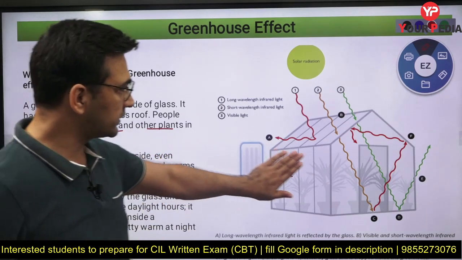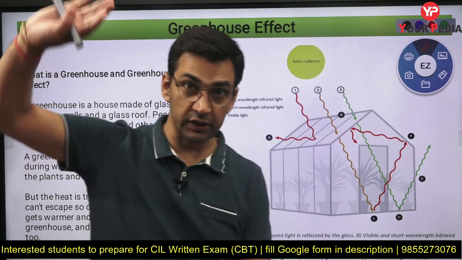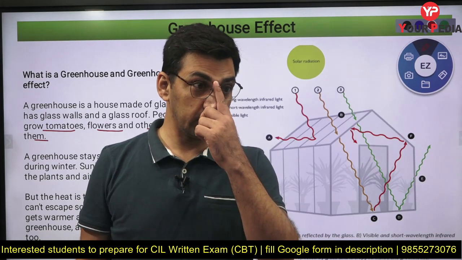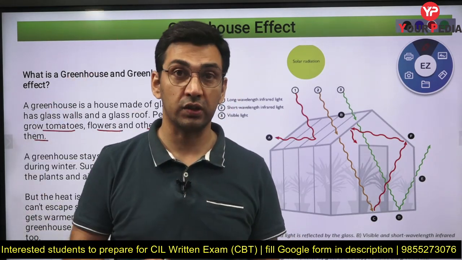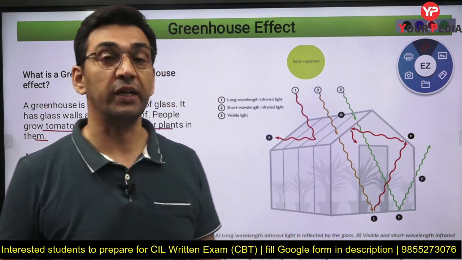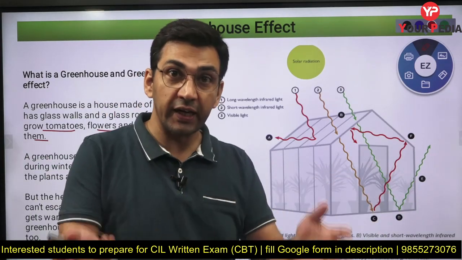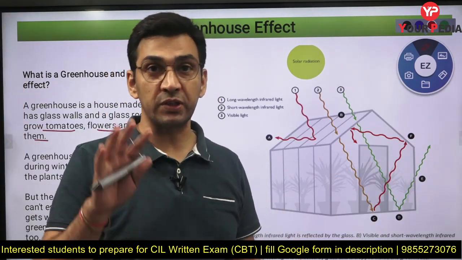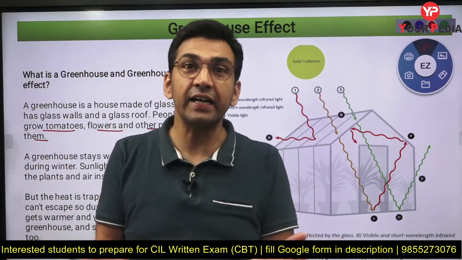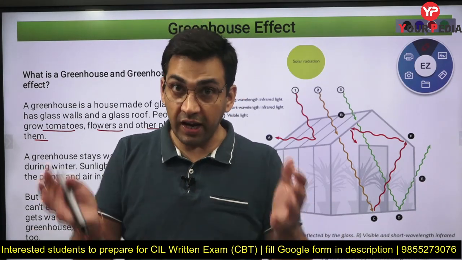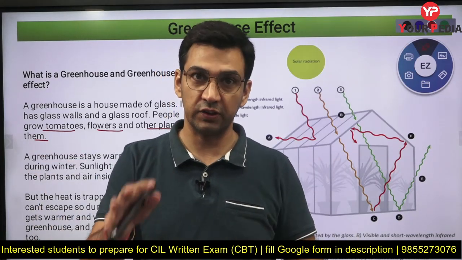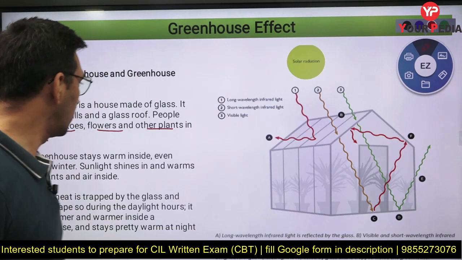Now as I told you, in hilly areas, or particularly those interiors where you have a harsh, cold climate, there is a lot of difference between day and night temperature. Temperature goes below -40, -50 also in some areas. Even if you get heat in the daytime, at night the temperature is so low that these plants cannot survive. So if you want them to survive, the heat that you have stored or trapped in the daytime may be utilized at night to keep the inside surface warm, and therefore vegetables and plants can be grown there.